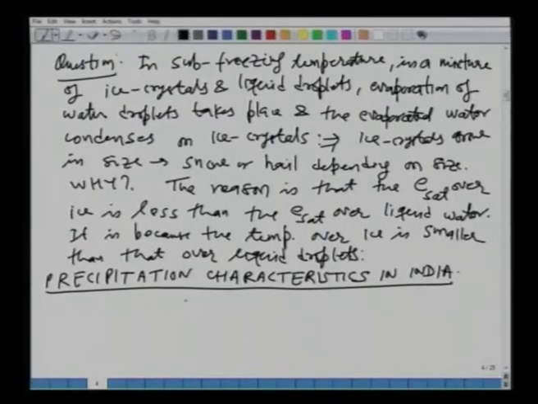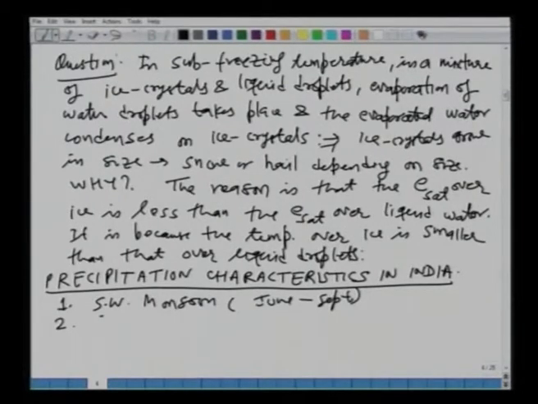Okay. So, first I will define there are 4 different seasons which have been characterized by the India Meteorological Department or IMD, all right, or from a hydrological point of view, we have 4 seasons. One is called the southwest monsoon, which runs from June, as you know, to September. Okay. June to September is called the southwest monsoon.